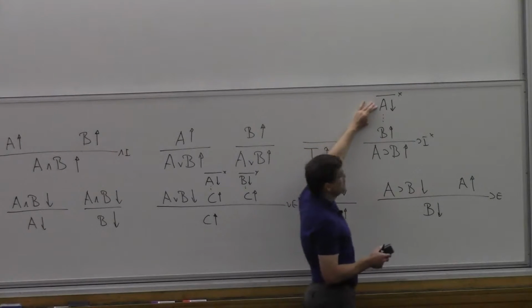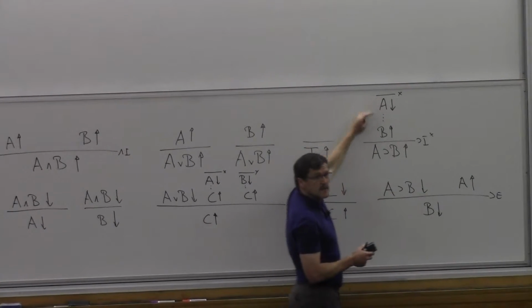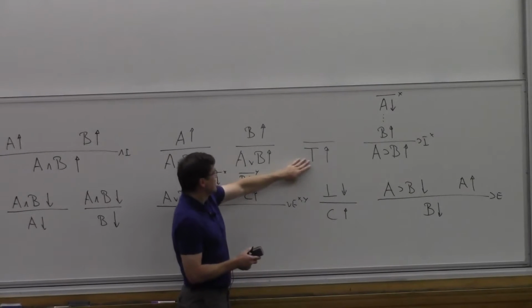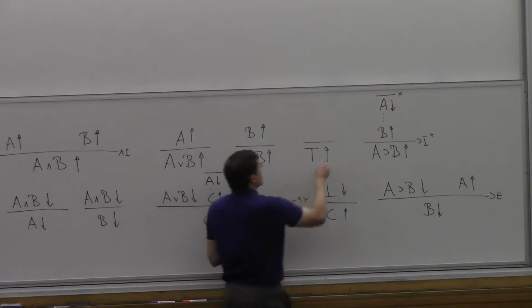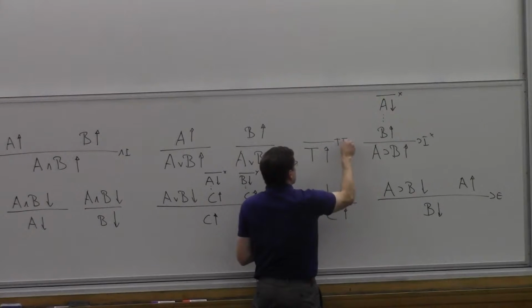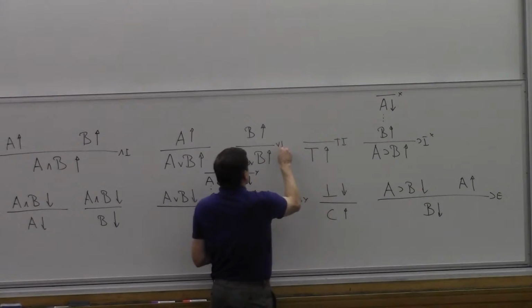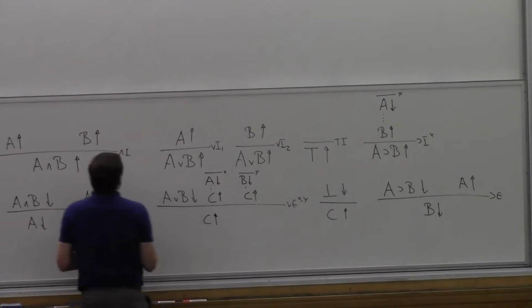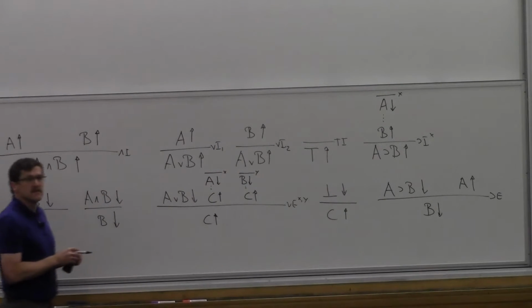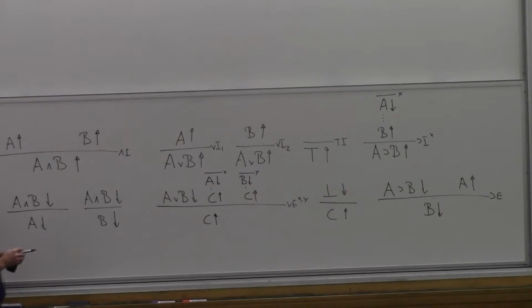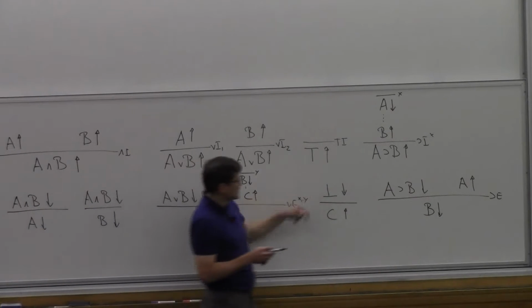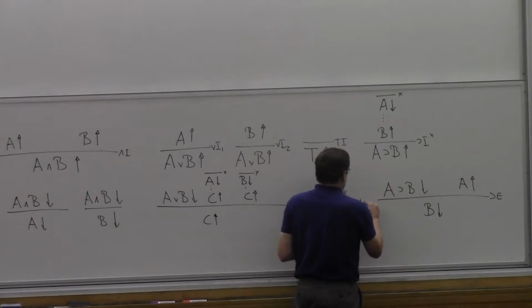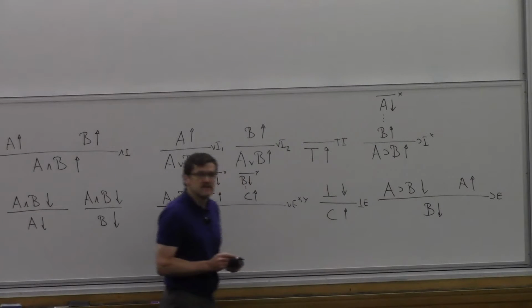Where are we here? Oh, here. That's an introduction rule. And introduction rules construct verifications. I just don't happen to have any premises. And I don't have any way to use top. There's no elimination rule, so there's no down arrow version of it. Here I only have a down arrow version, because there's no way to construct a verification of falsehood.